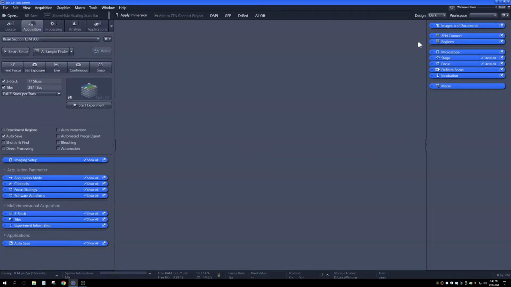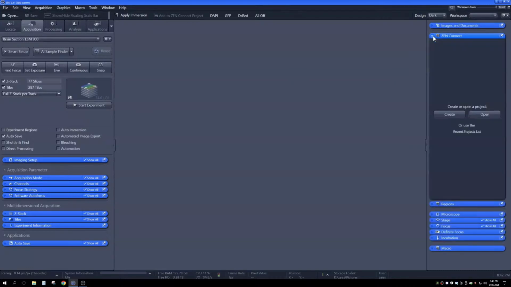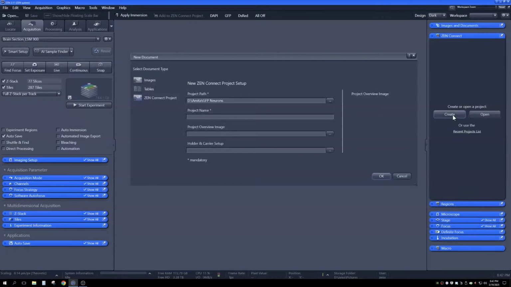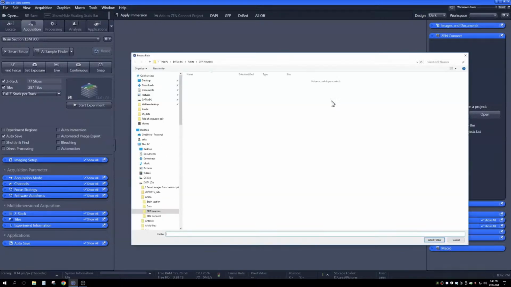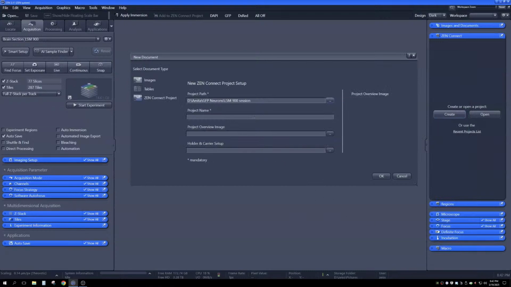The first step is to create a ZEN Connect project. So to do that, I'm going to expand this tab and click on Create. Let's assign a project path by creating a new folder. I'm going to call it LSM 900 session. Select that folder, give it a project name,